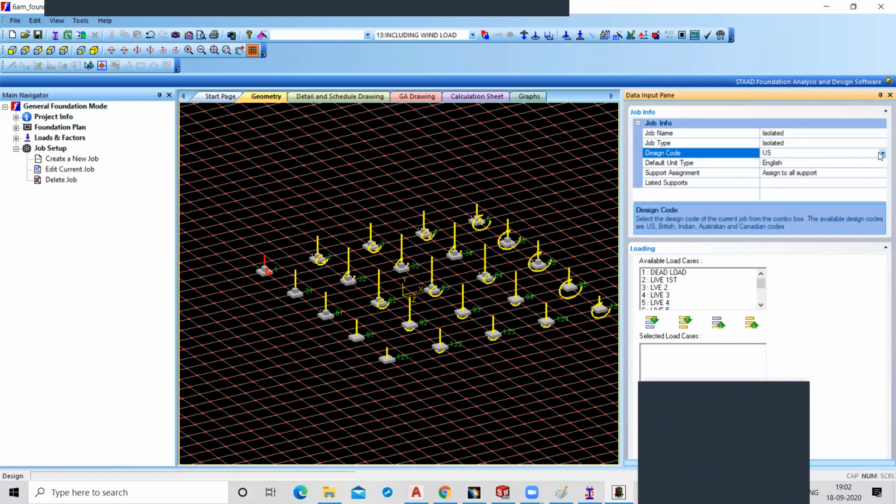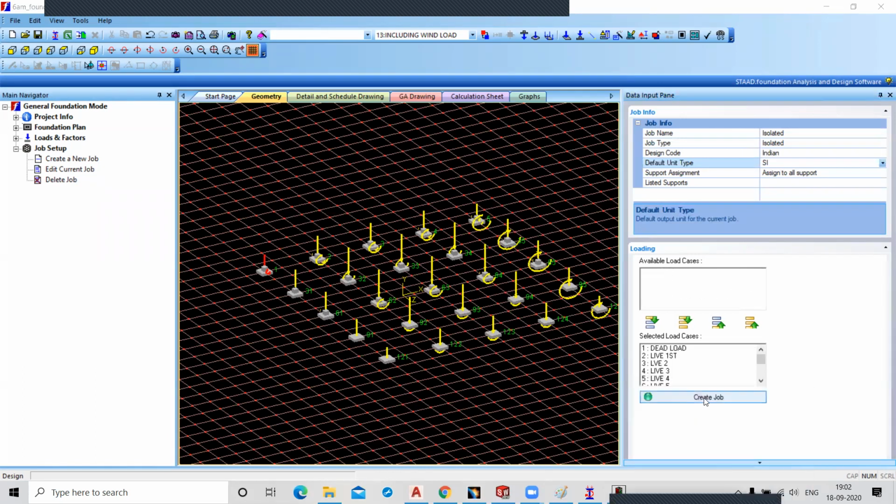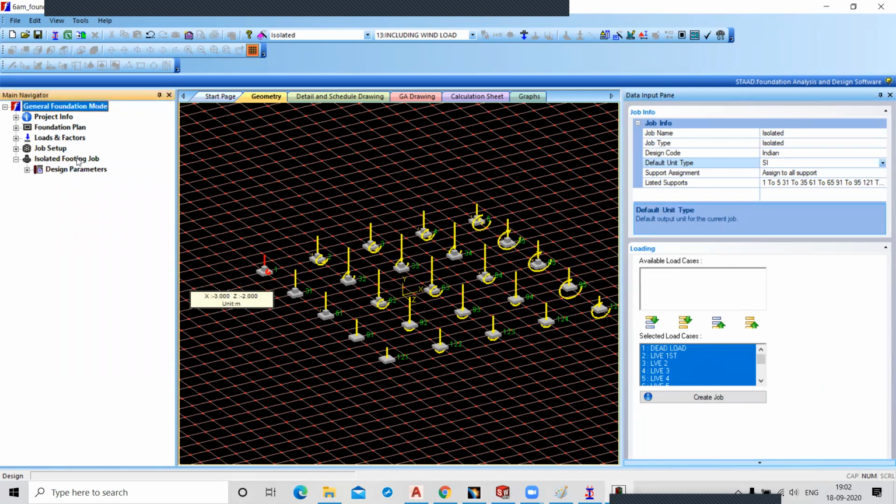What was the design code? Indian. And what was the unit type? SI. And this is support assigned to all support. Now these are all the available loads. You can consider all like this and create a job. After creating a job, an isolated footing job is created.